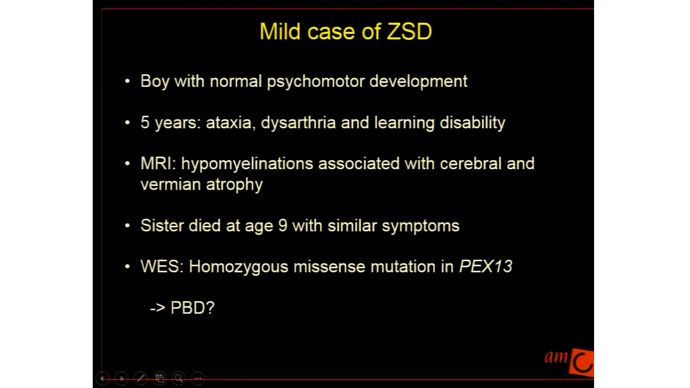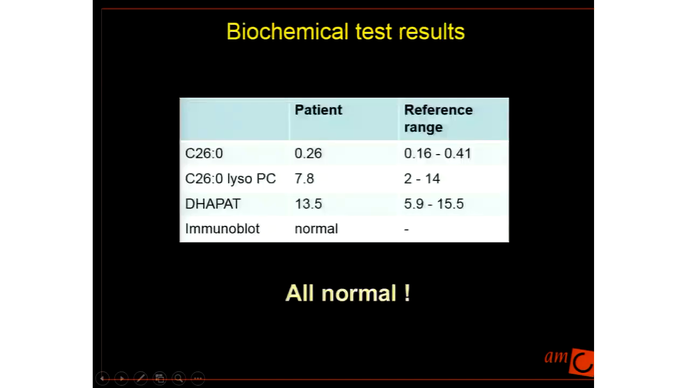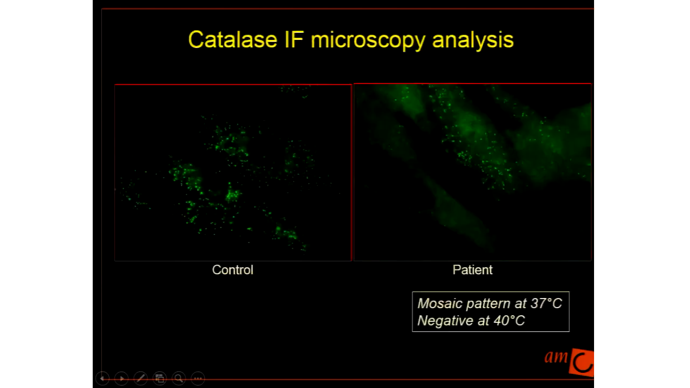and so they contacted us whether this would be relevant and maybe be a peroxisomal biogenesis disorder. So we did all the biochemical testing, we looked in plasma, we looked in fibroblasts, all the biochemical test results were normal again. But then again, if you look through the microscope and we look for the protein import, peroxisomal